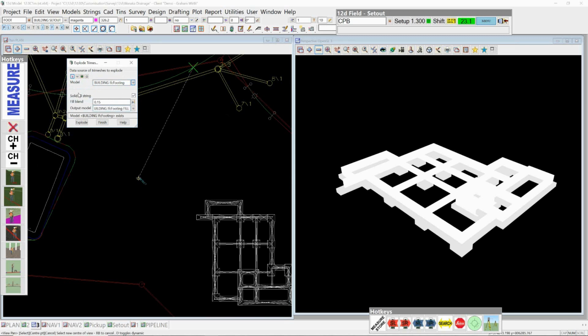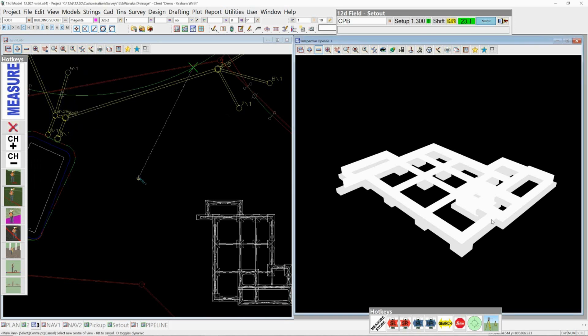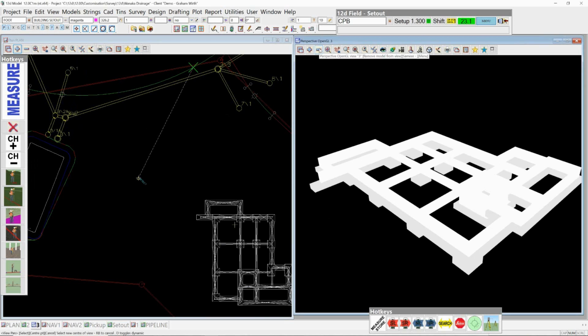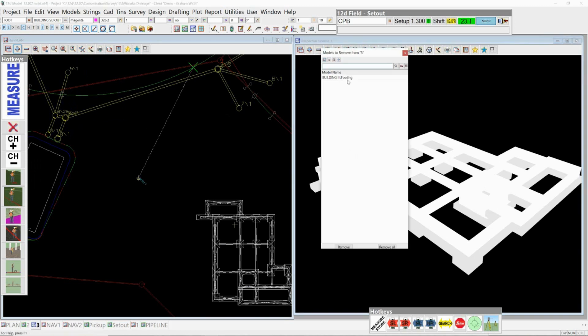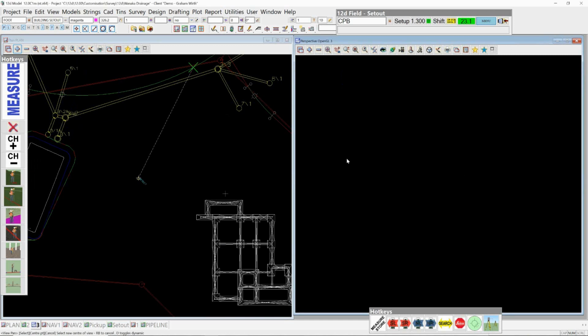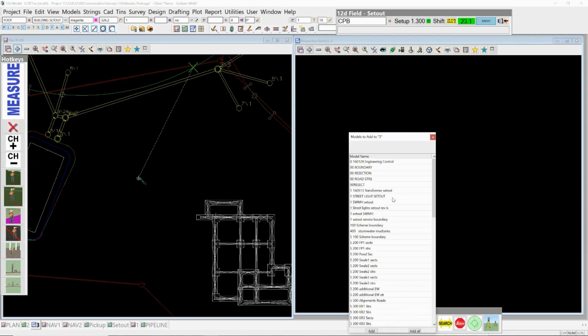And I'm going to explode those strings there now. So that's done that. You can see here, difficult to see, but once I actually bring that in there now and turn that off, and I go back to